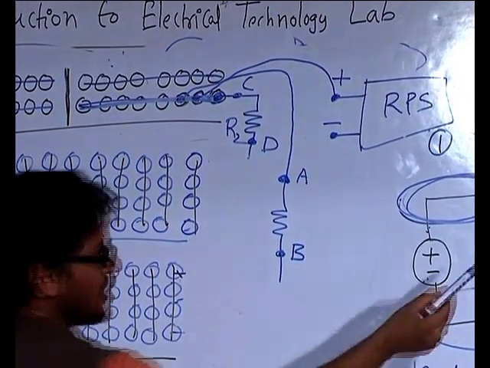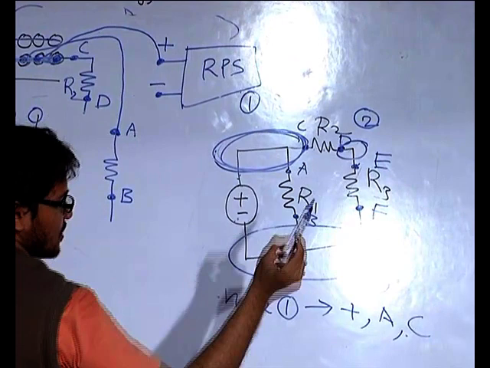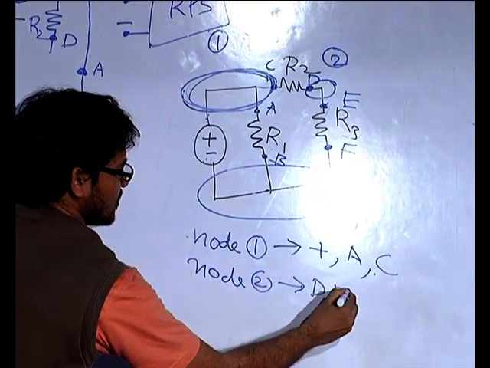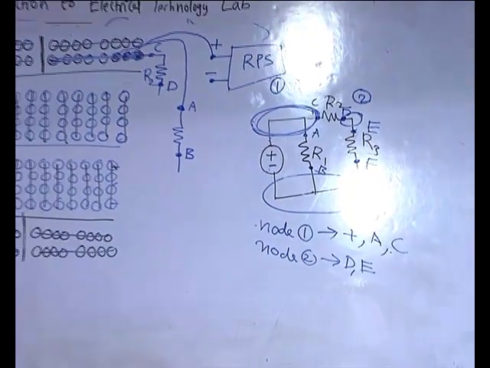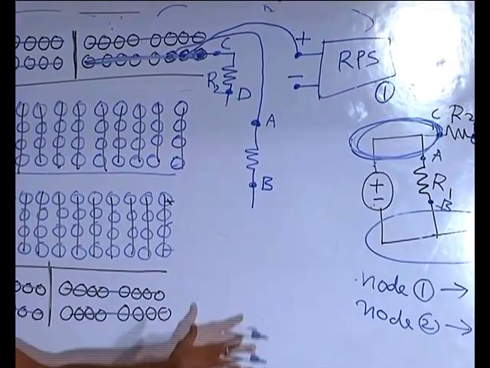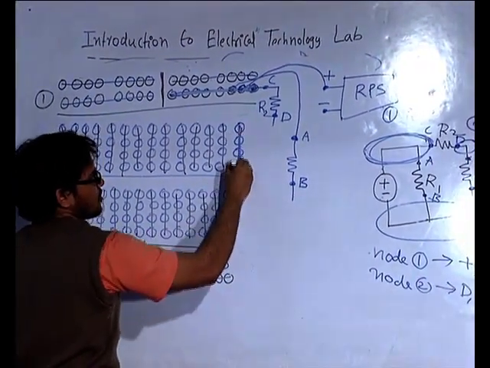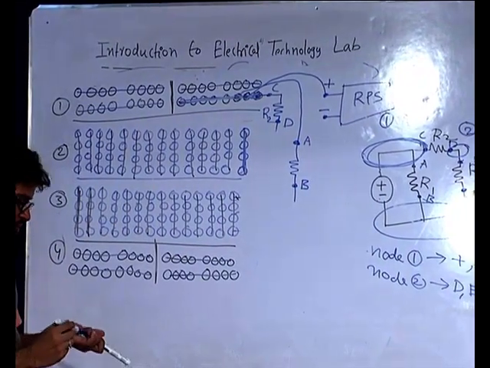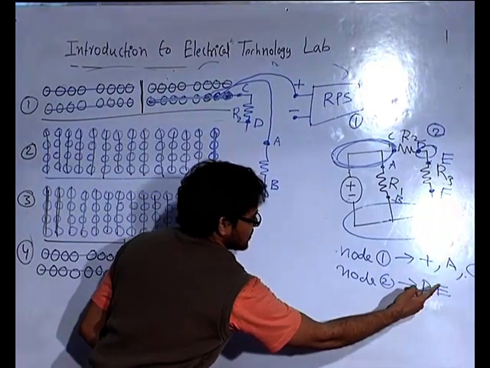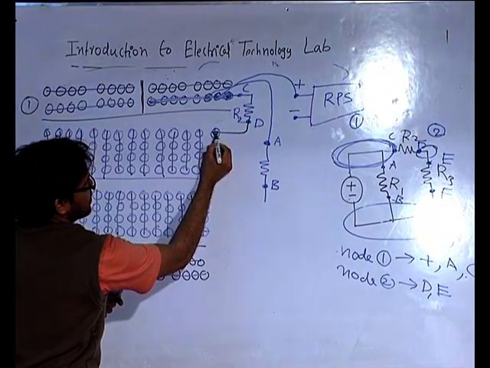Next, come to node number 2. At node number 2, you have two terminals, D and E. So node 2, that is D comma E. So where is the D here? Okay, before connection, let me choose the second node. So out of all these 100 nodes, I will take this one as the second node. For this second node, I have to connect two terminals. One is D, other is E. So if it starts here, this one is D. So you connect D here.